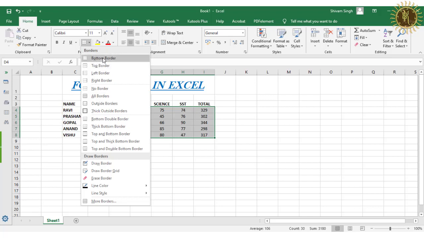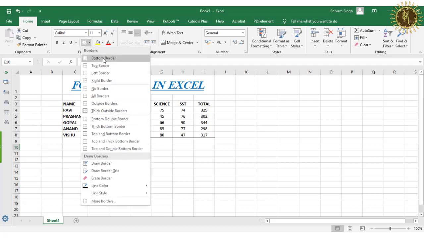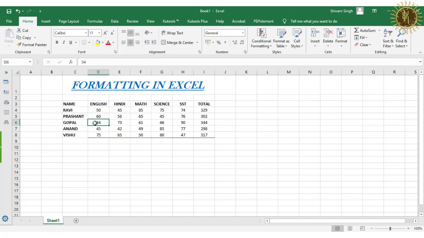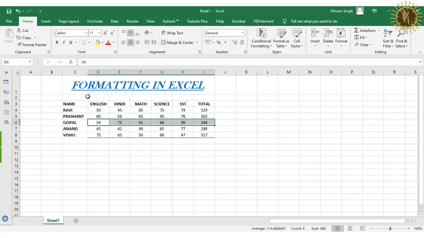Now you can see here the border has been applied to this cell at the bottom. So we have selected the first option, bottom border. Whatever cells we select, the bottom border will be set from this option. You can see here this is the bottom border only.